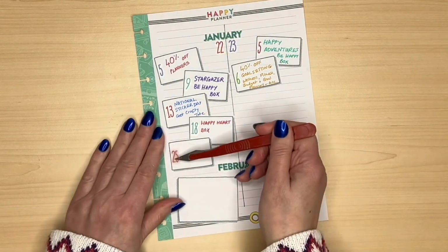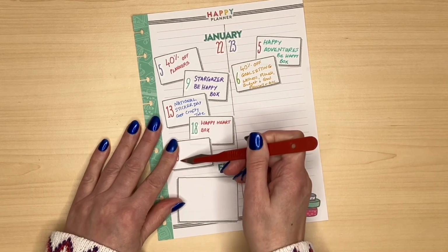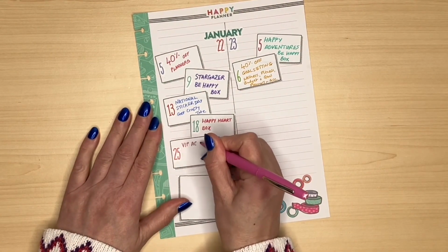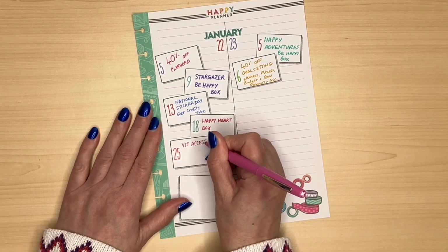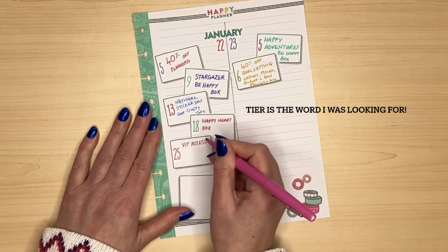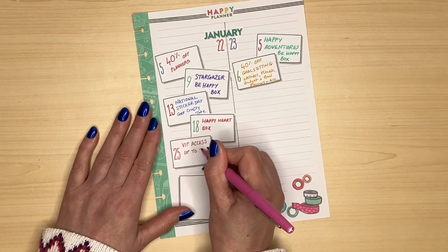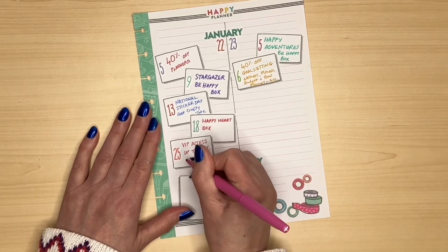Then on the 25th of January, they had the big sale. They called it the VIP access, and I don't know whether it depended on which stage you were as a Happy Planner rewards person. I don't know what they're called, but I think it was open to everyone. Maybe people got access a little bit earlier, but that was up to 70% off. So that was quite a big sale last year. So hopefully they might be doing the same